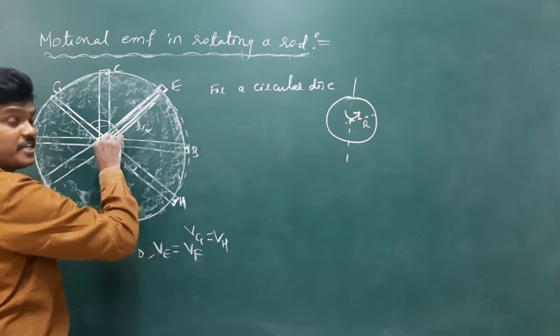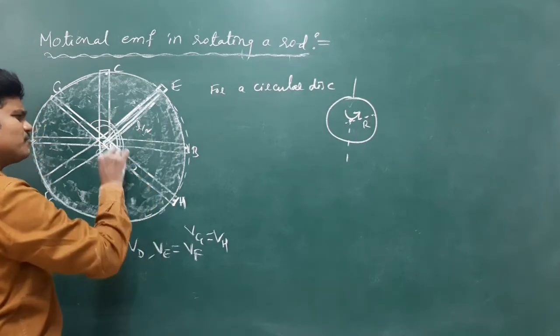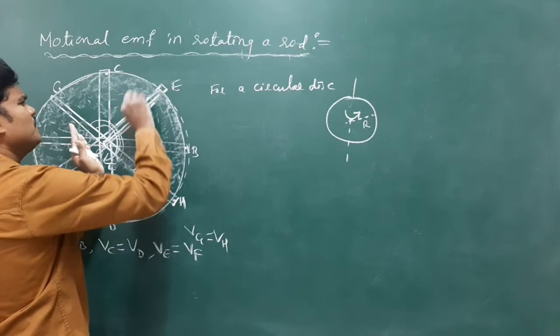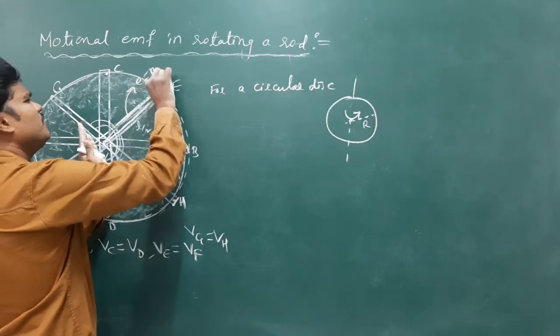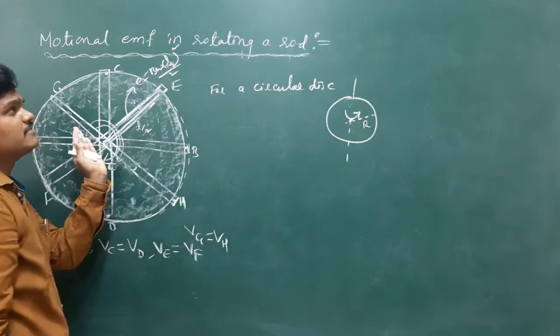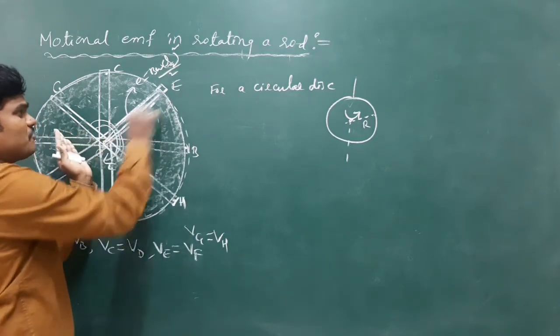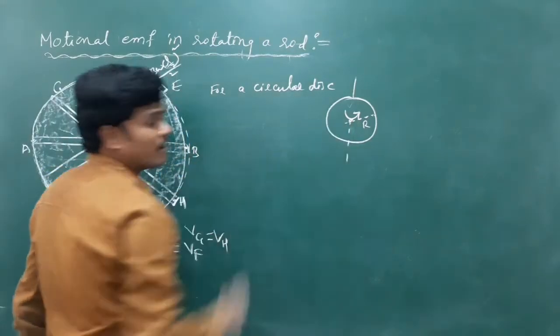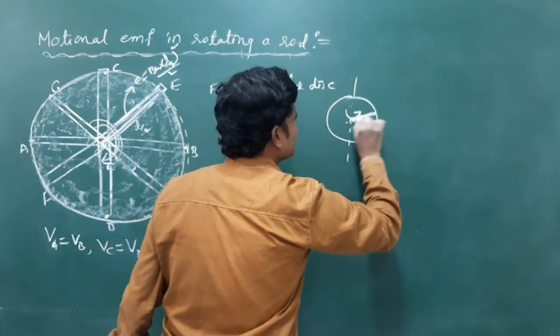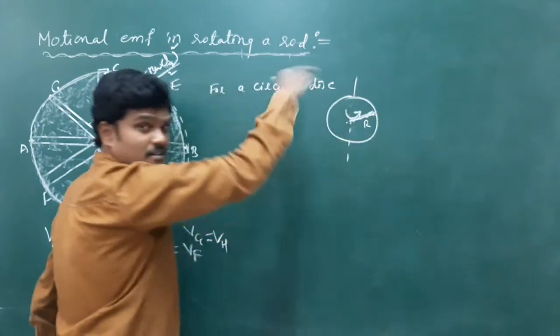EMF from here to here, because it is rotating about one end. If I take one end, this is L by 2 distance. So how much is this value? EMF is equal to B omega (L by 2) whole square by 2, so B omega L square by 8. Instead of L by 2, just take the R. So if I take a small portion of the disc whose radius is R, and that R covers like this.